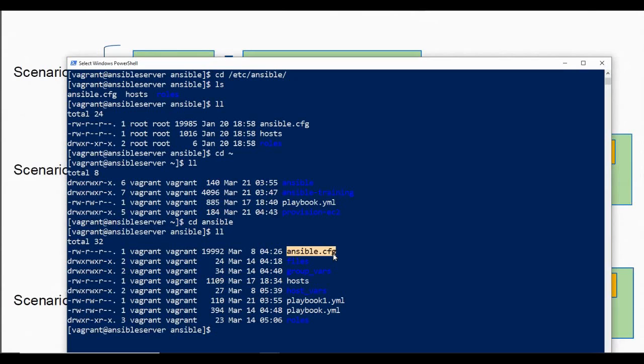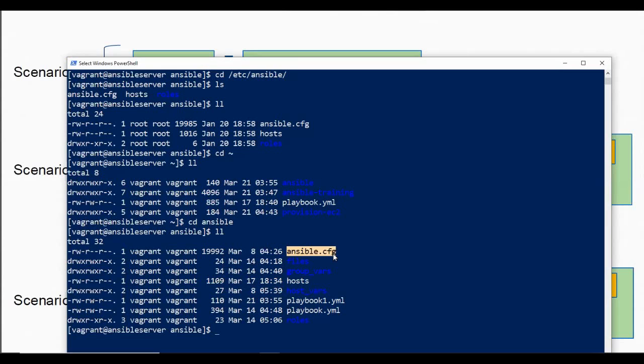It need not be that way, but it's easier for me to get started. You can create your own file. You can write all the details inside your ansible.cfg file manually as well. And you can, of course, create a separate file, which you can name anything and call that your inventory file. So again, there's a lot of flexibility in how you want to manage and maintain your Ansible